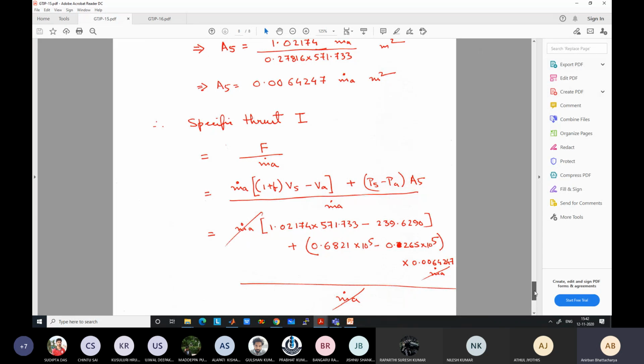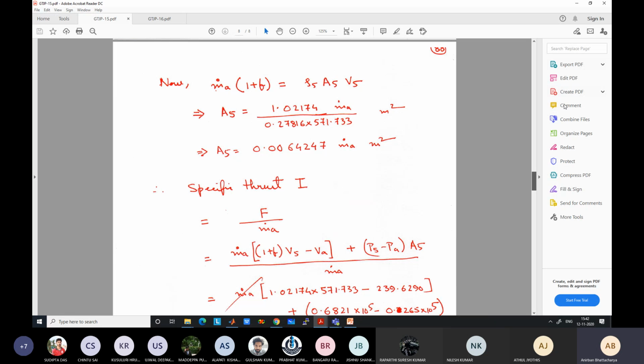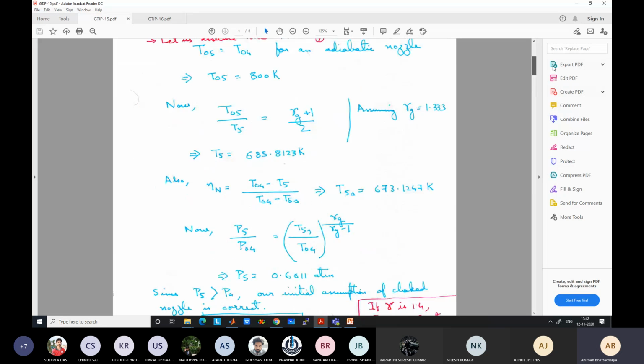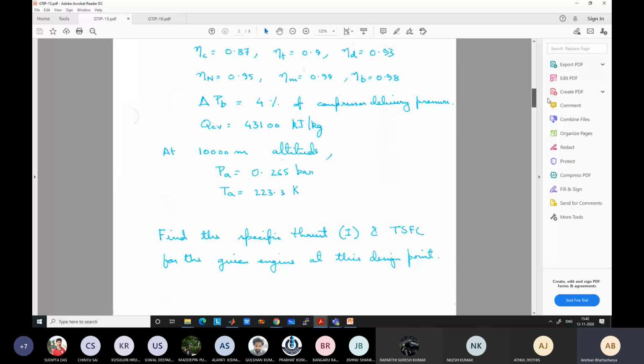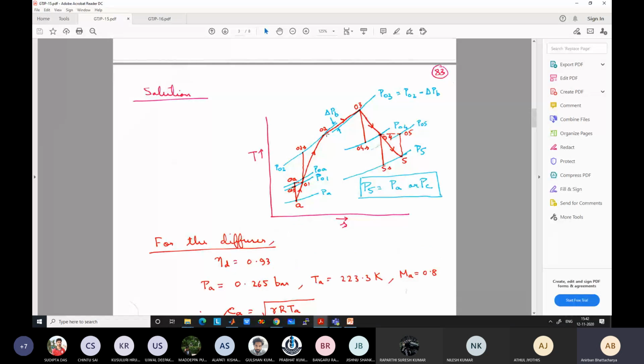Let me show the diagram. Let me keep it open. RC is this ratio, P02 by P01, and the turbine inlet temperature. These two parameters, we want to see their effect on the performance characteristics. Performance characteristics are denoted by the thrust or specific thrust and the thrust specific fuel consumption. Less fuel consumption means the engine is better at converting the fuel into a certain amount of kinetic energy